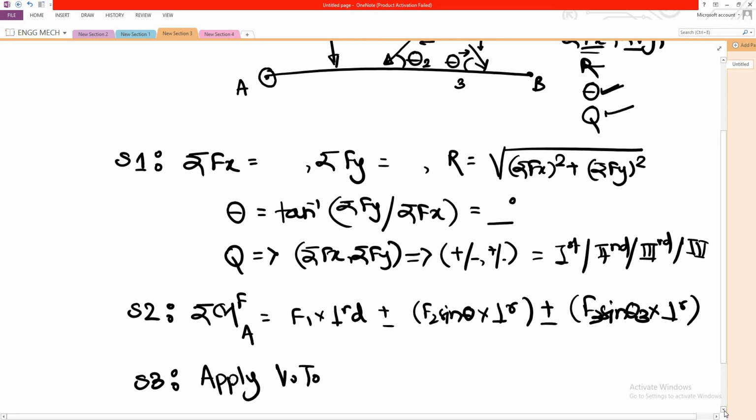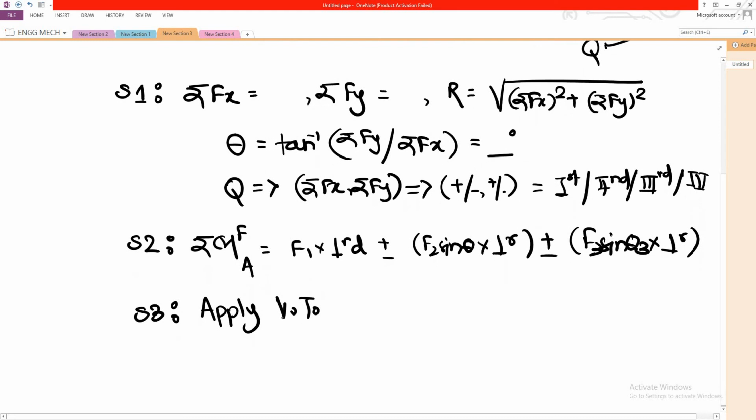See, the summation of moments of forces with respect to the given specified point is equal to the moment, no, not summation, just the moment generated by the resultant force with respect to the same point. And here we can add a step like this, R into x.